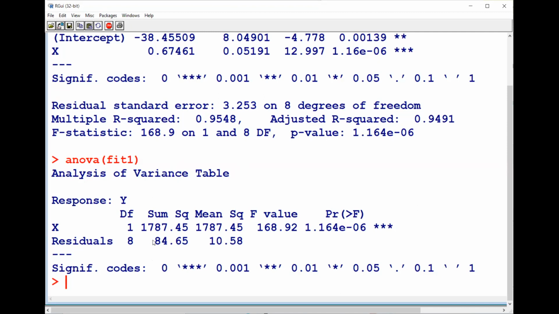So what you have to do is, if you want to obtain this Anova table manually, you can just take all this information and add another row as the total. You can just add these degrees of freedom, that is 8 plus 1, and the degrees of freedom for the total would be 9. And for the sum of squares, you can add these two values, right? And then for the mean square, we are not calculating for the total. So the total row also you can obtain using this information. So that's how we use simple linear regression